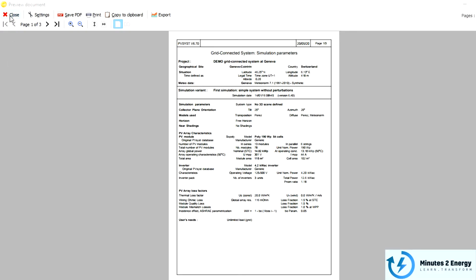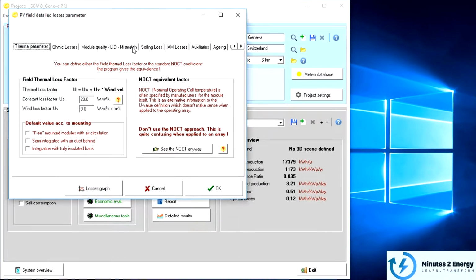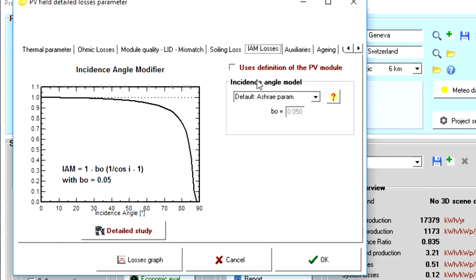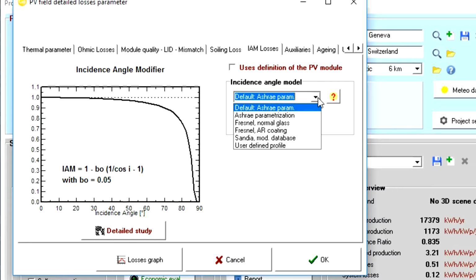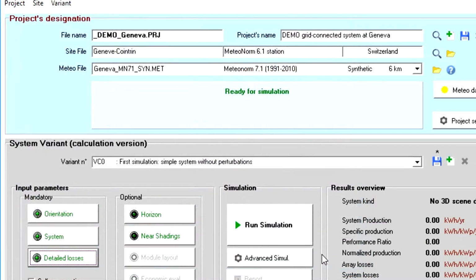See, the loss is quite significant and on the higher side. Let's do another simulation. Go back to your PVsyst. In the same project design window, open the detail loss tab again. Navigate again to the IAM loss tab. Now, from the drop-down of the incidence angle model section, select the fourth option from the top, which is Fresnel AR coating. See, a lot of parameters have come up. Don't get confused here. See, the graph plot on the left side also changes and it gets slightly improved. You don't have to change other values here. Keep them as default. Click OK.